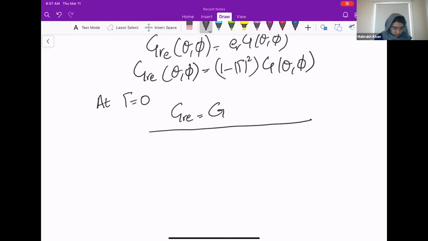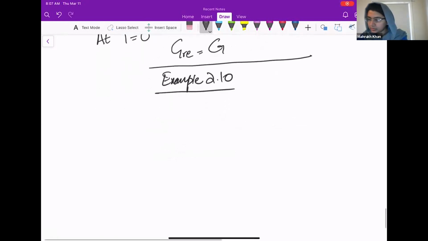Okay. I am solving an example. I think it will help. So this is example 2.10, in which we are talking about a dipole antenna with input impedance of 73 ohm connected to a transmission line whose characteristic impedance is 50 ohms. So we need to find a realized gain, okay? So the question is,